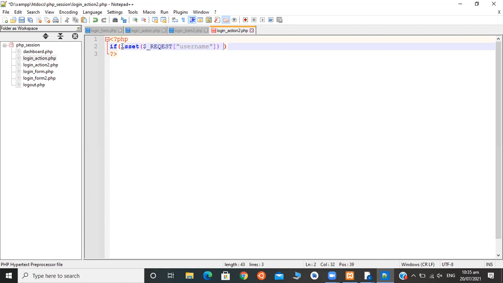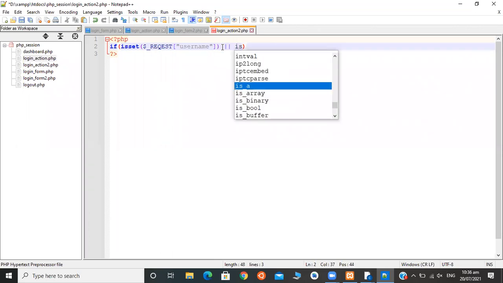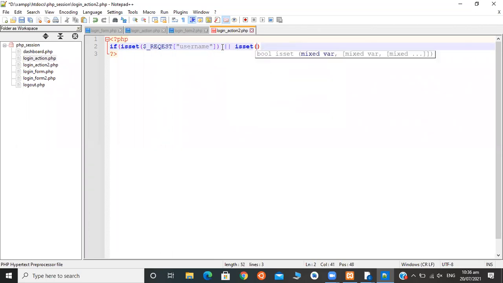Okay. We can write it over here. We are using the or operator. isset $_REQUEST, what name we have given in form, password. Bracket closed.